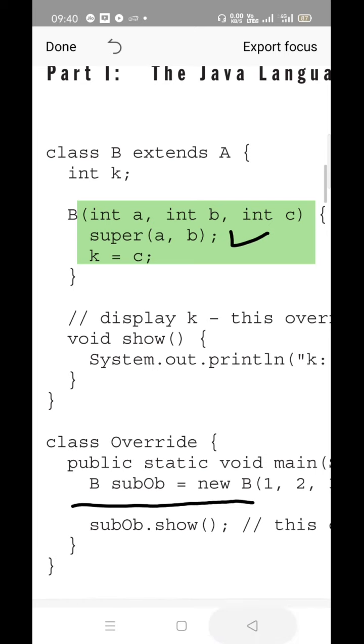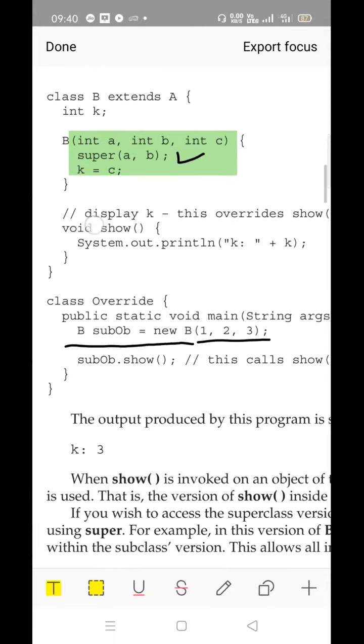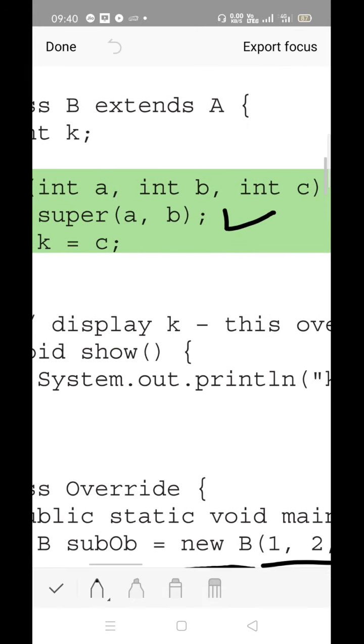So the 3 parameters you have passed are 1, 2 and 3. In place of int a it is reading 1, in place of int b it is reading 2, and in place of int c it is reading 3. Out of the 3 parameters, the first 2, that is 1 and 2, are passed to the superclass, and 3 is assigned to c. Please concentrate here.